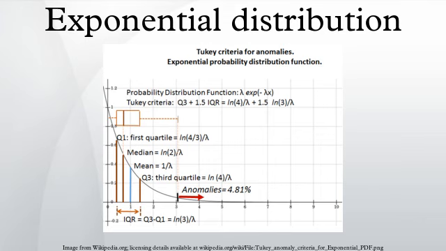Among all continuous probability distributions with support [0, ∞) and mean μ, the exponential distribution with λ = 1/μ has the largest differential entropy. In other words, it is the maximum entropy probability distribution for a random variate X for which E[X] is fixed and greater than 0. Distribution of the minimum of exponential random variables.